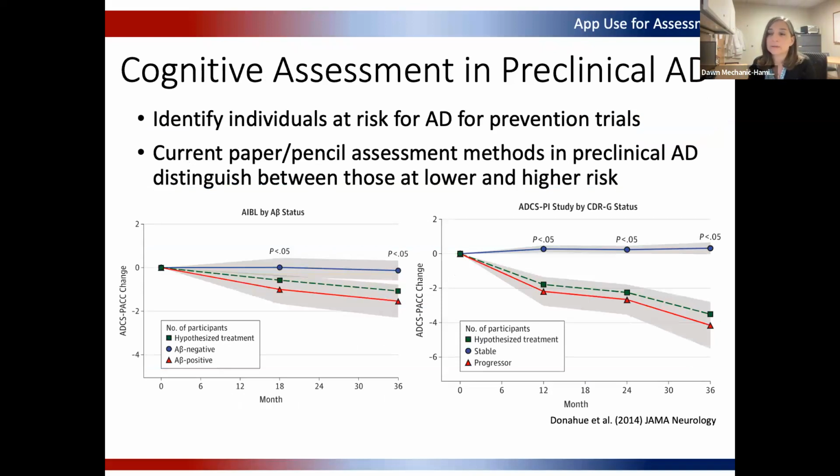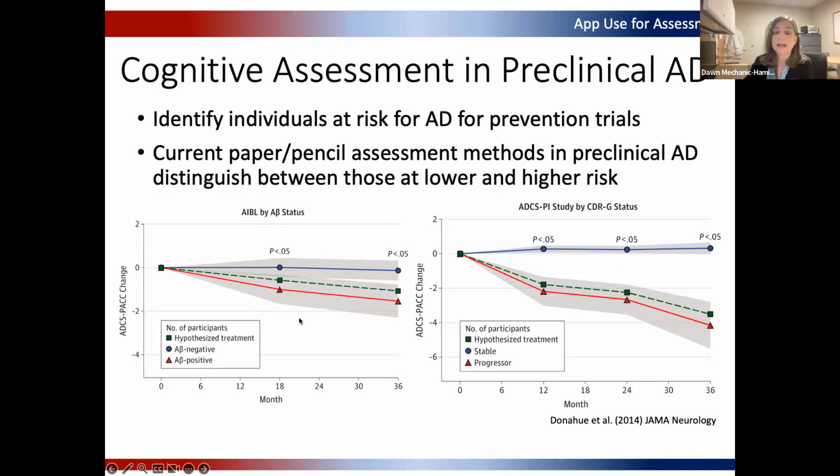But those are the things that we were thinking about in terms of how we wanted to do it. And then in terms of what we wanted to do, we were really interested in early detection of cognitive change in those at risk for Alzheimer's disease and related dementias. So, thinking about some of the tests that are out there right now, the PAC, or the preclinical Alzheimer's cognitive composite, is one of the in-person paper and pencil tests that have been shown to identify differences between those who are positive and negative for amyloid.